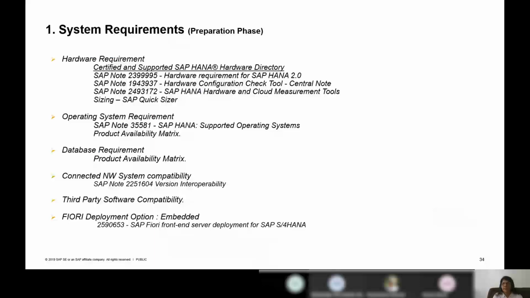If it is capable, then you don't have to make any investment from a hardware perspective. You can directly go ahead and start your upgrade technical project. We have also given a configuration check tool which also provides, in case you go for 1909, what kind of performance you will have and what the inputs will be.